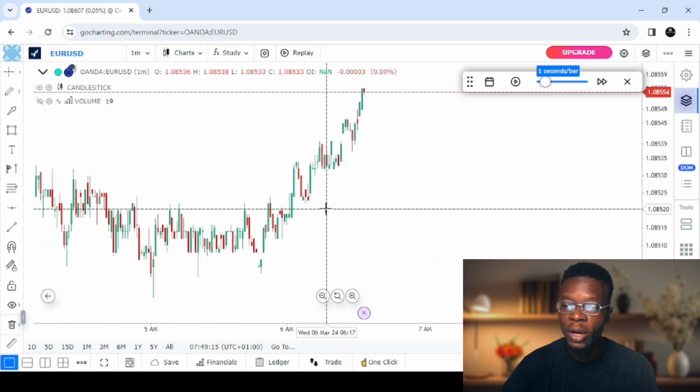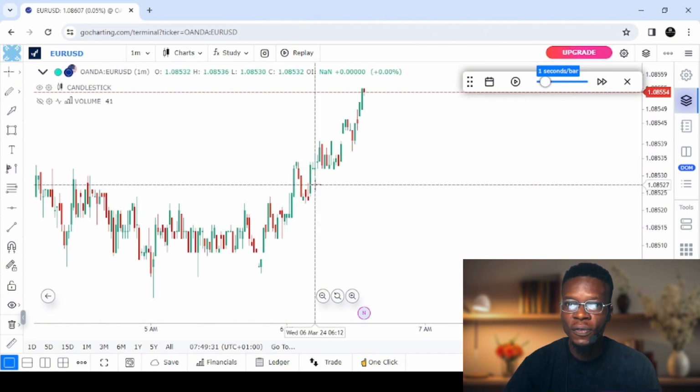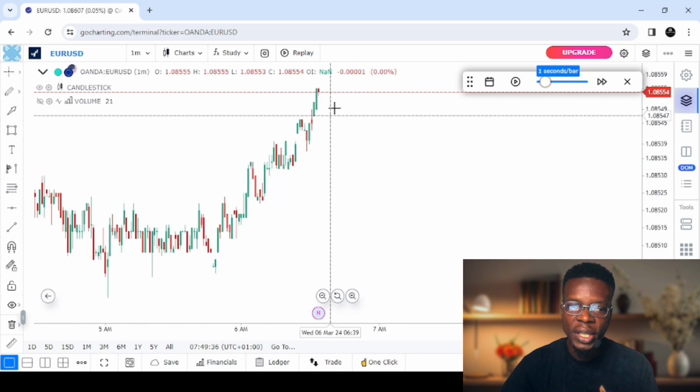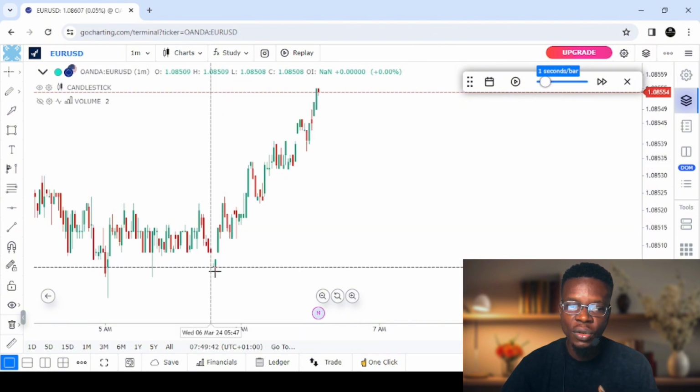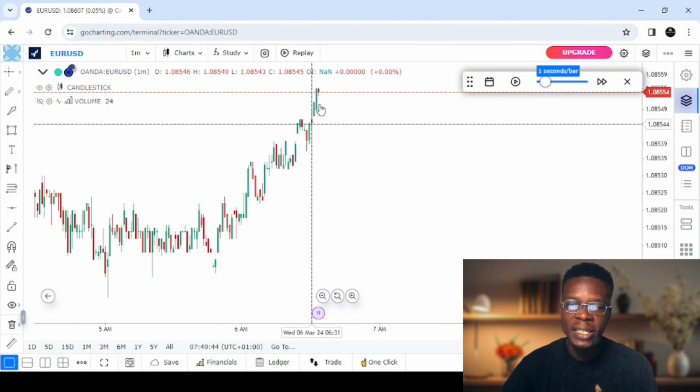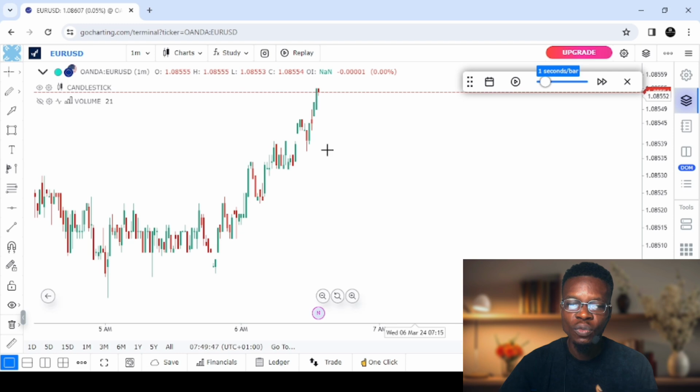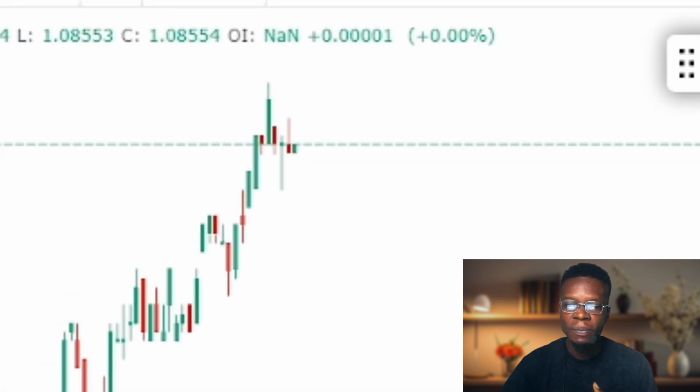So if the price is moving in a strong uptrend like this, the next thing we want to wait for is some proper pullbacks. We need to have the price resting down, because those are the areas we consider to be the best opportunities to enter a trade, because you don't want to be buying when the price is too expensive. So you want to wait for the price to get a little bit cheaper before we buy. You can see that this is a previous low, and this is a new high now, because the price moved sharply in favor of the buyers and created this new high, and it started to fall down a little bit,